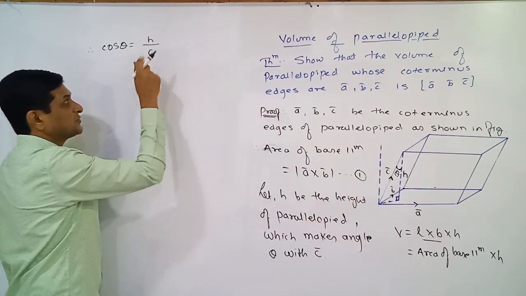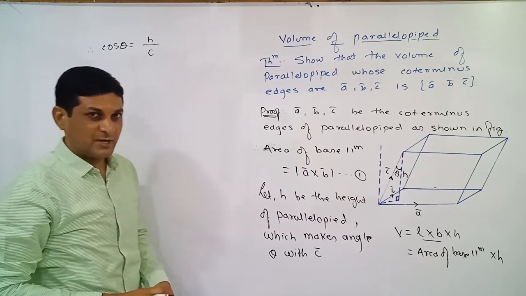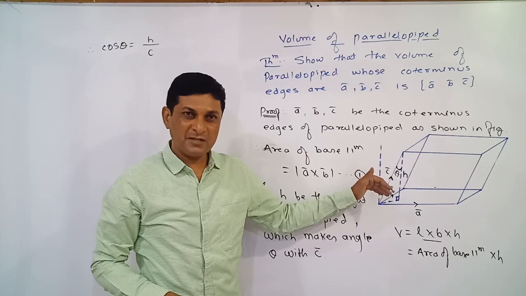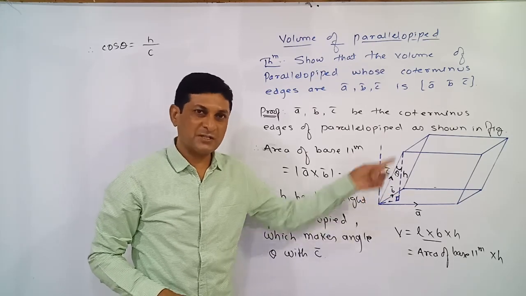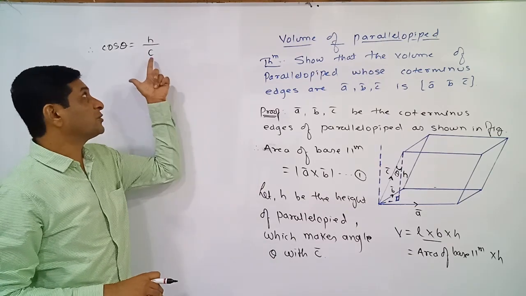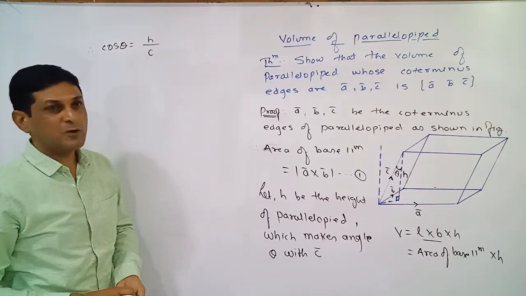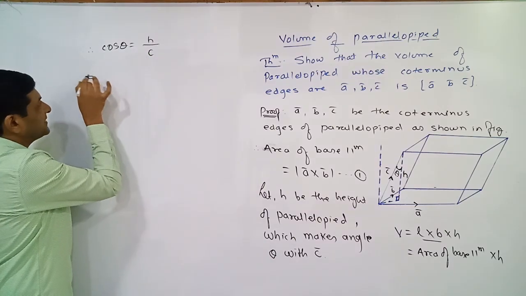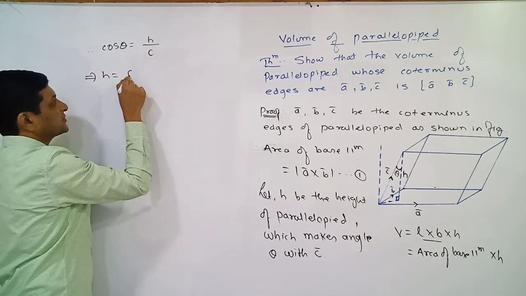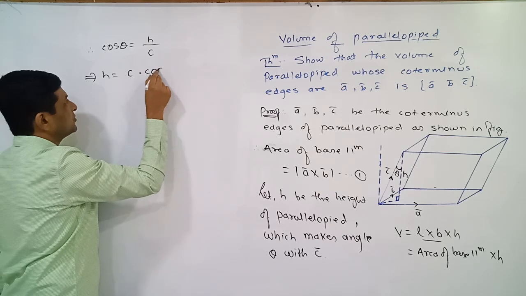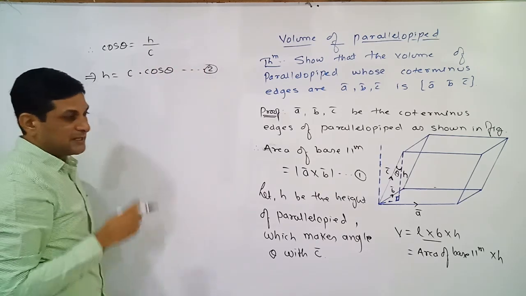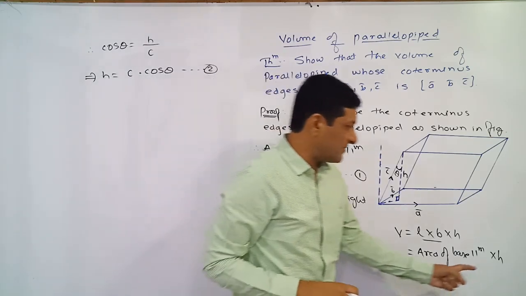Hypotenuse means we have to consider the length of the hypotenuse. Here this hypotenuse is represented by the vector C bar. But if we are not considering the bar, we have considered only its magnitude, the length of C bar. So the length of C bar can simply be denoted by C. Which implies that h is equal to C multiplied on this side. So on this side we get C into cos theta. Let us denote this value by equation number two.